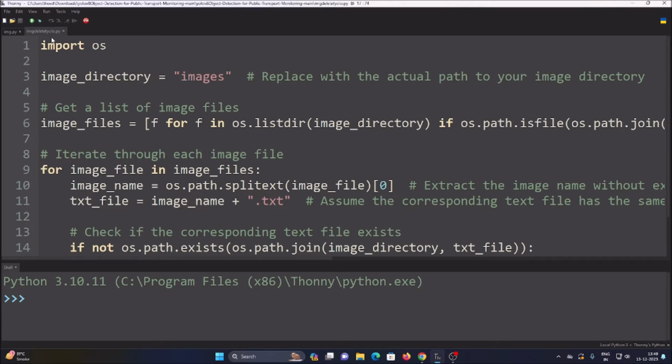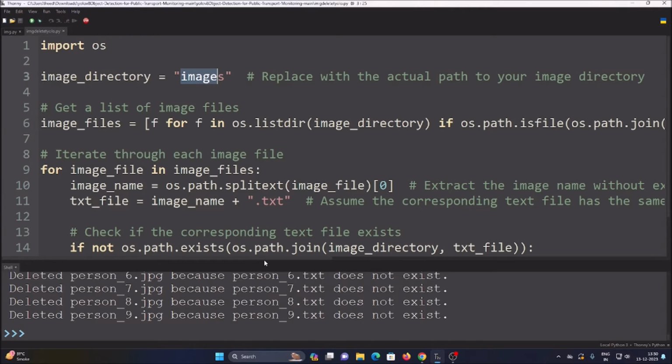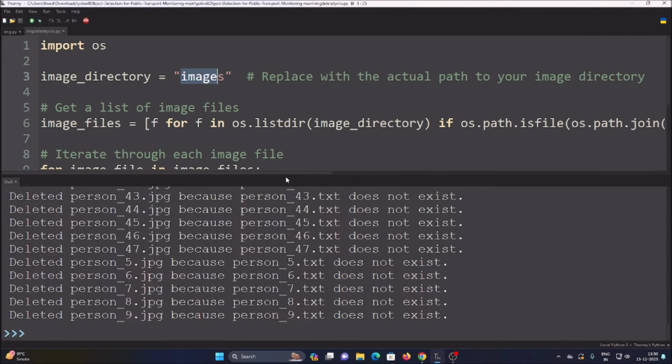So our img delete yolo8 code will search whether the image is there and whether the text file is there. If the text file is not there, it will delete all those images. Simple. Because I have mentioned the images folder as the image directory, here you need to mention the folder where you have all your images and their text files. I have mentioned the images folder because we created our images folder inside the same repository. Now simply run the code, and as you can see, it printed the number of images deleted, person47.jpg